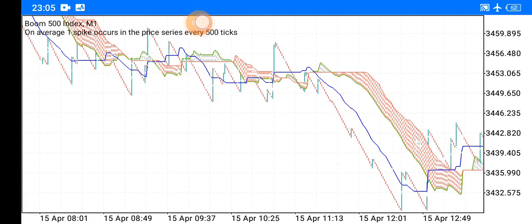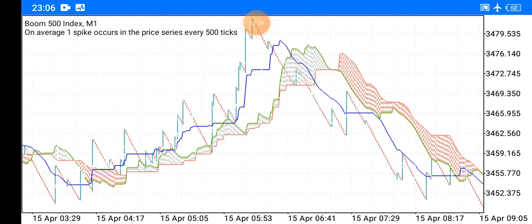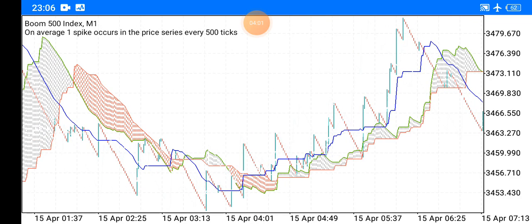If it doesn't pull back, like over here, if it doesn't pull back to the blue line or the red cloud, you don't enter. You have to wait for the safer entries. So what are your stop losses? If you are catching spikes,